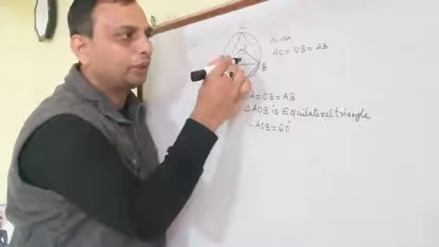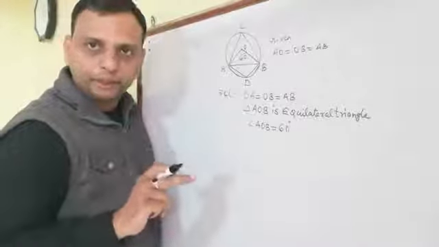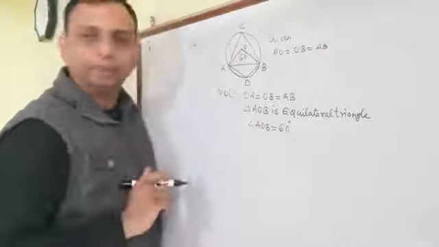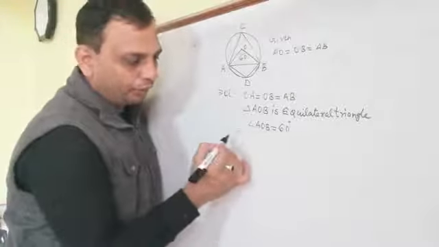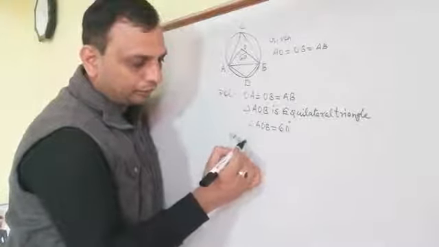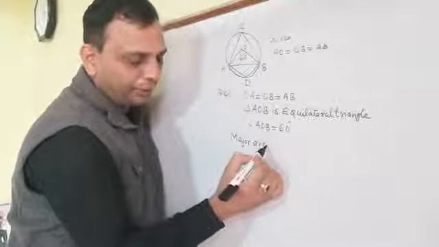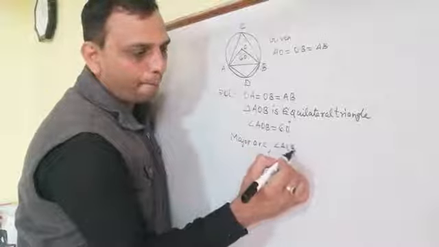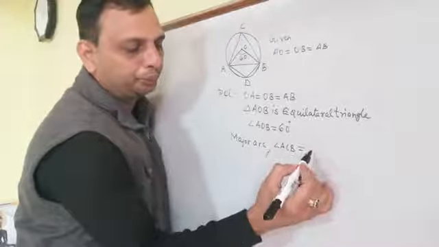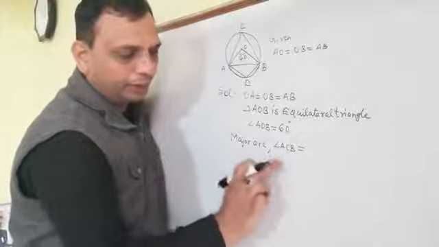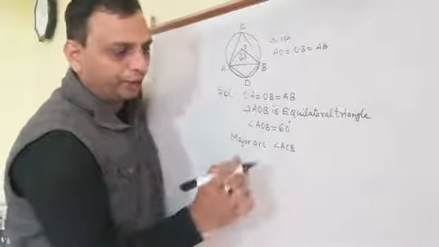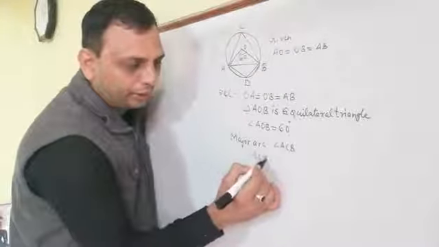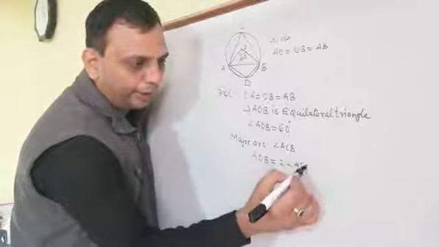Now this angle we got, 60 degree, is the center angle. And now we'll use which theorem? The angle subtended by an arc at the center is double the angle formed in the remaining part of the circle. So we can find the value of ACB, the major arc angle, first. The major arc subtends which angle? ACB. Now we have to find the angle at the major arc ACB. So we had studied the theorem, the center angle is double the angle ACB.